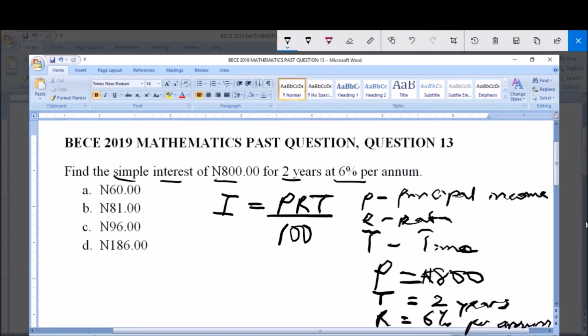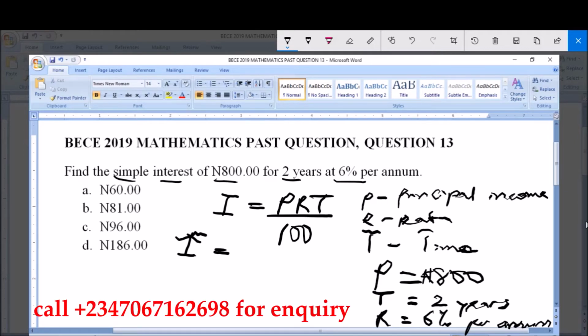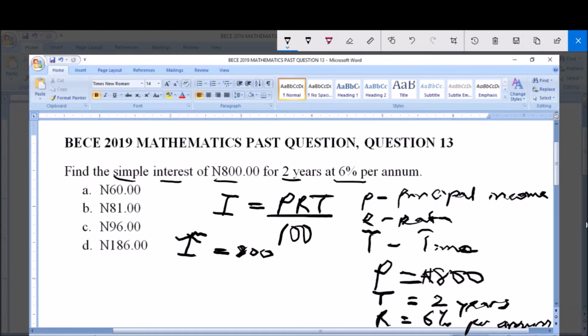Now let's go further with our calculation. So simple interest I is equal to PRT over 100, like we know. Now what's our P? Our P is 800, multiplied by R, which is the rate, 6, multiplied by T, which is the time, 2, all over 100. Now let's simplify. The 0, we cancel the 0 here. This 0, we cancel the 0 here. So we are left with